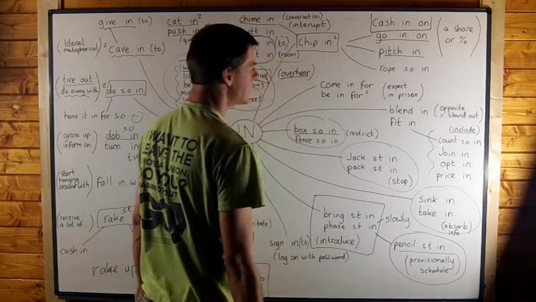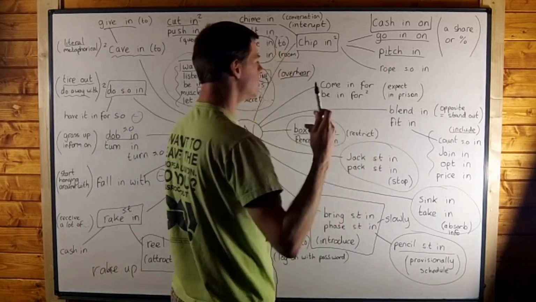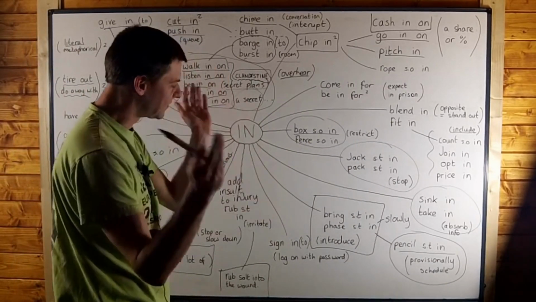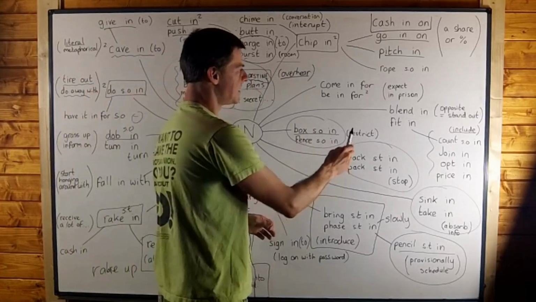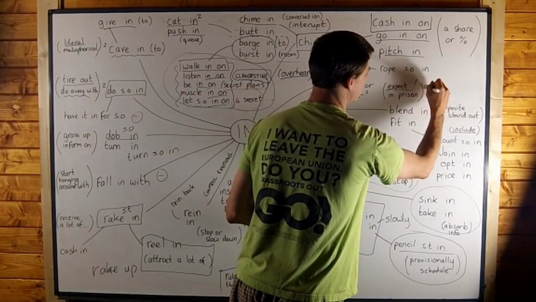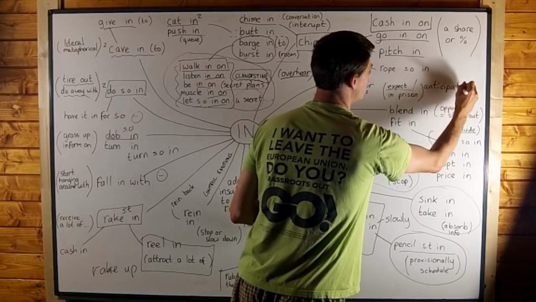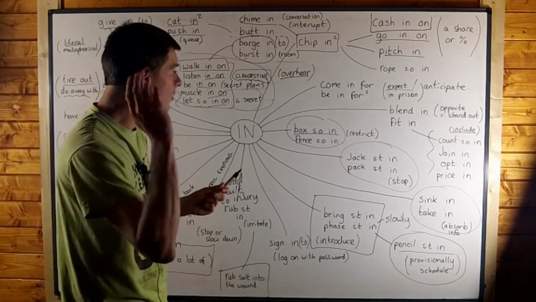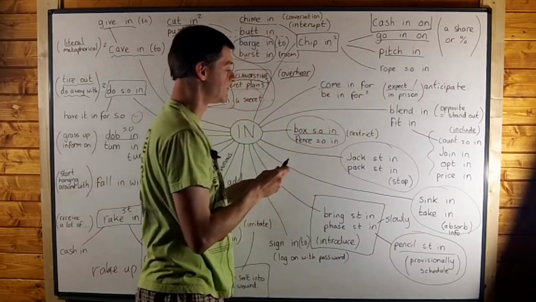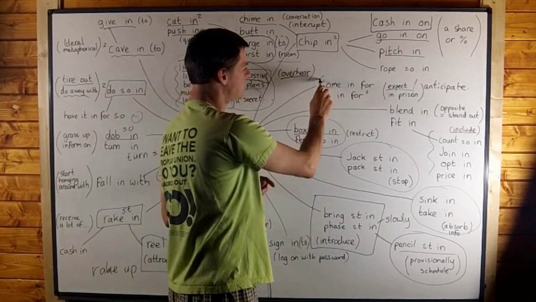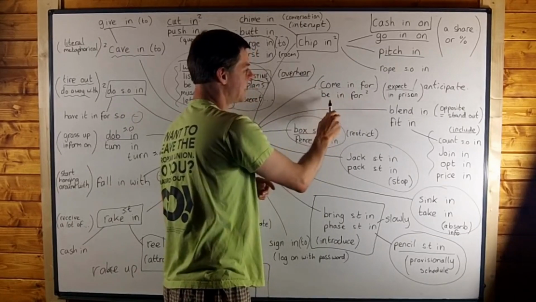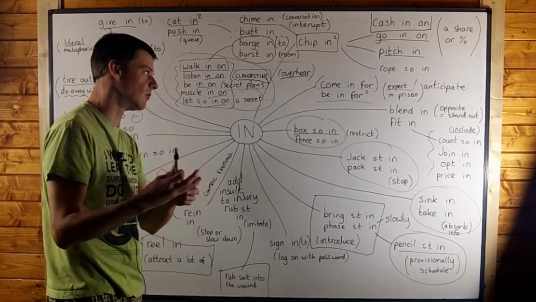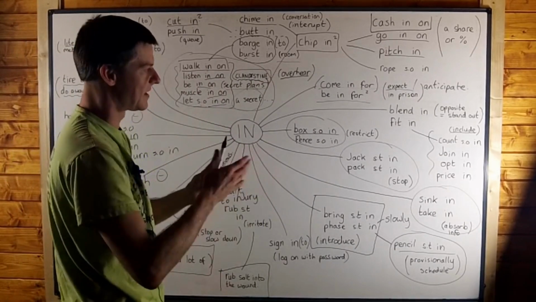Let's move over here now. If you are in for something, it could mean that you are in for murder. So you're in prison for murder. That's one meaning of be in for. But another meaning is expect or anticipate. So I might say, if you don't study, you will be in for some bad marks. Or, if you don't study, you will come in for some bad marks. This one I think is rarer. It's perhaps archaic. Be in for, I think, is much more common nowadays for expect or anticipate. You can be in for, you can expect, you can anticipate bad marks.